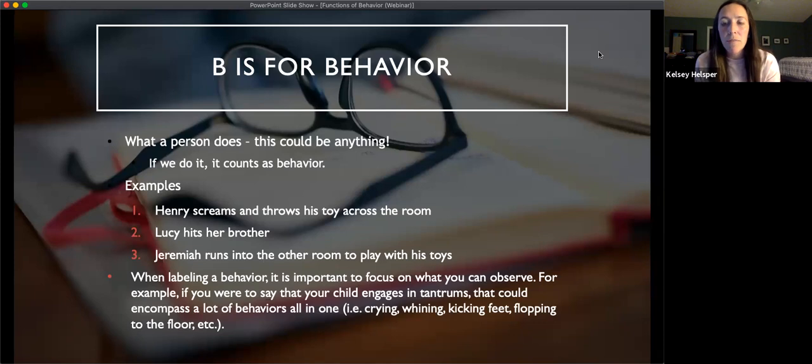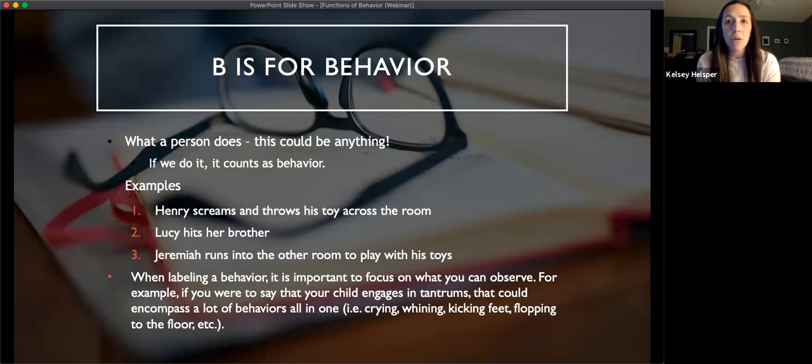can observe. For example, if you were to say that your child engages in tantrums, while that's very accurate and you're probably correct, the best way to really get a good picture of what that looks like is to really define those behaviors separately. So the word tantrum could include a lot of different behaviors like crying, whining, kicking, flopping. So you can see that